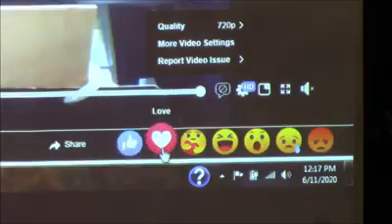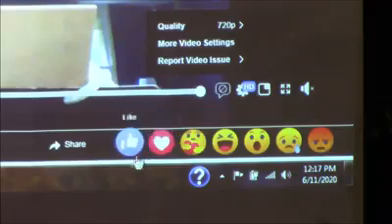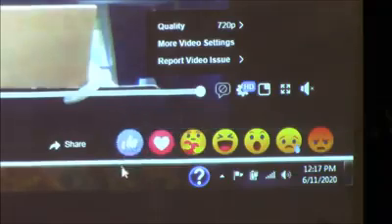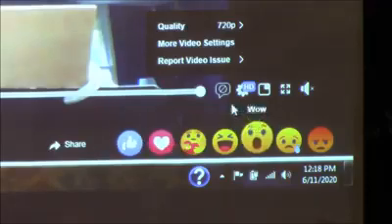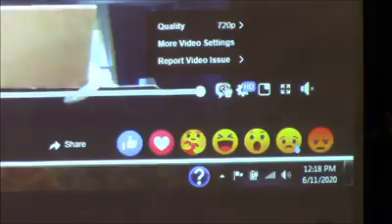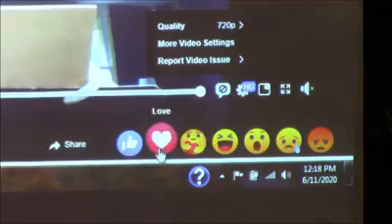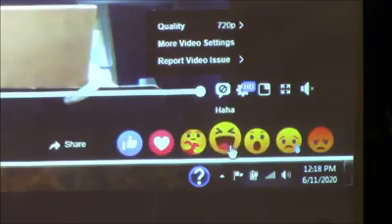So if you think the pastor made a really good point, you can hit the like button and it'll show up every once in a while. You'll see different icons popping up on the screen. So if the pastor makes a funny joke and you want to hit the laughing emoji, it'll show the laughing emoji flying through the screen.